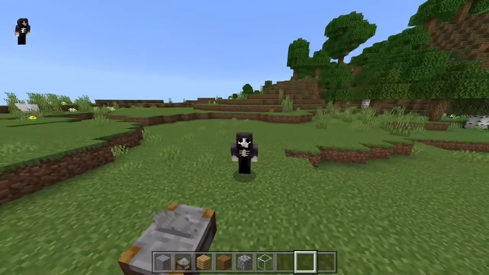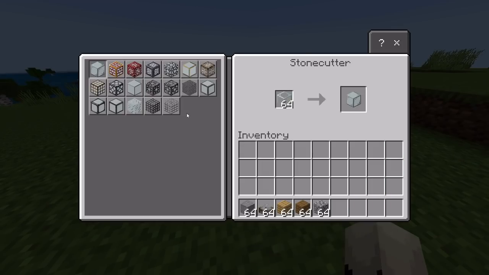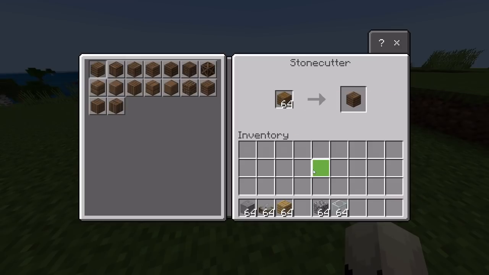Number 48 is the Chisel add-on. This adds a bunch of new blocks that you can get from putting it into a stone cutter, and you can use a bunch of different blocks. They are all on the MCPE DL page, but as you can see, there's a lot of different things for each type of block that are added in this,